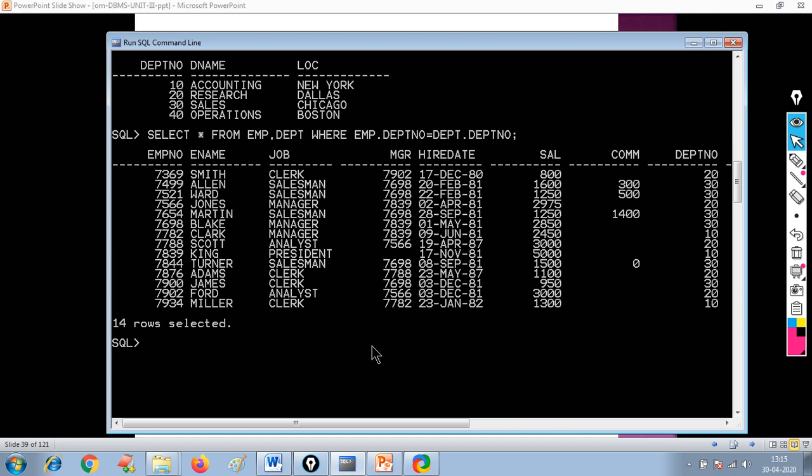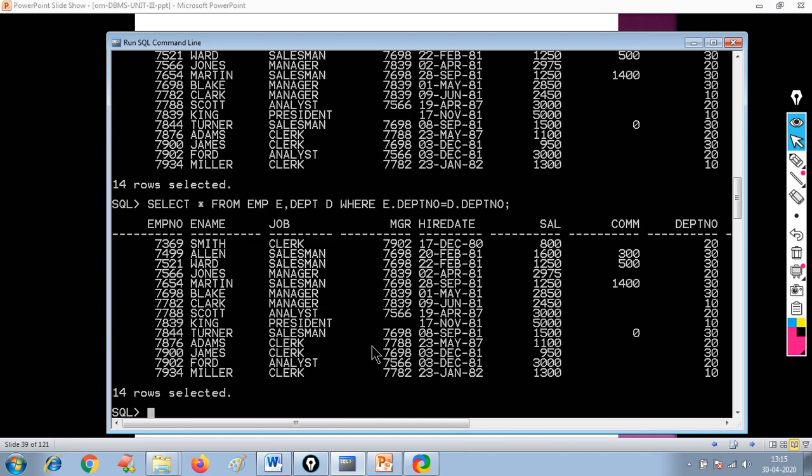You can also use an alias. If I write from EMP E, DEPT D, where E dot DEPT number equals D dot DEPT number, it will give you the same result.